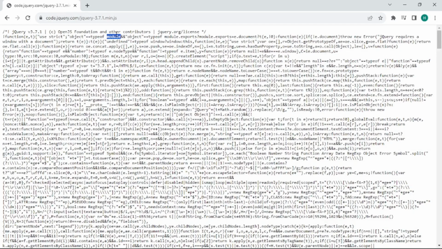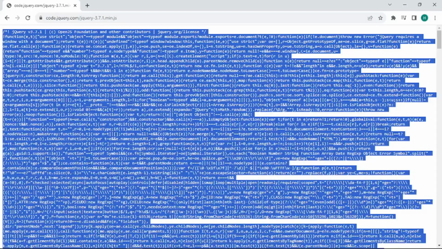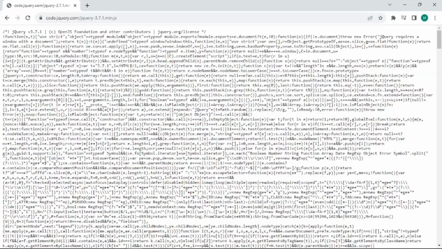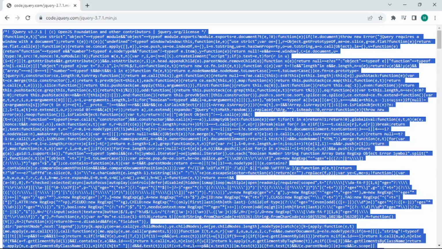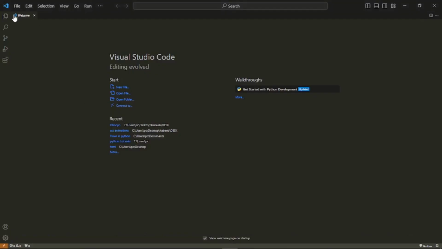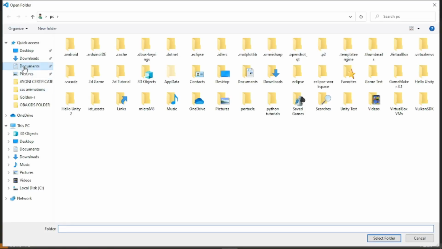Compressed. Now once you've done that, press Control A, Control C to copy everything, and then in VS Code, File, Open Folder, Documents,